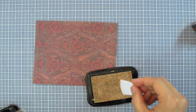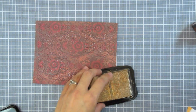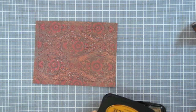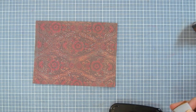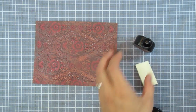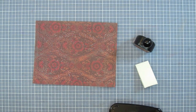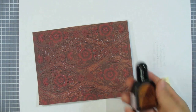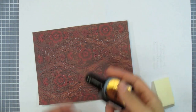You can use the ink pad itself for this technique, but you can also use just the re-inker bottle. Because I'm going to be using these cosmetic sponges, I can just use drops of the ink itself onto the sponge, which is really a good technique. It's easy. So I'm working on top of a piece of scratch paper here, and I've got my copper ink,